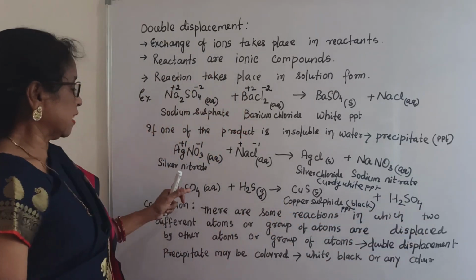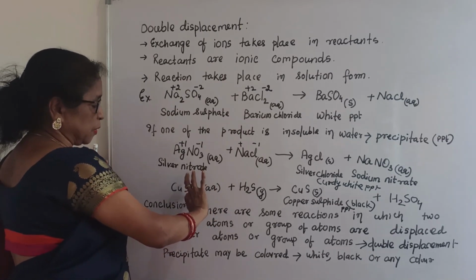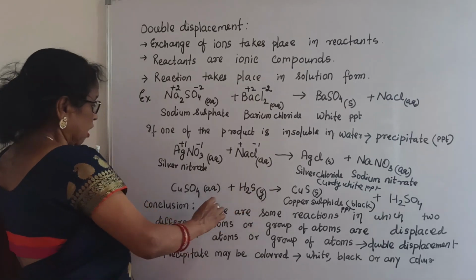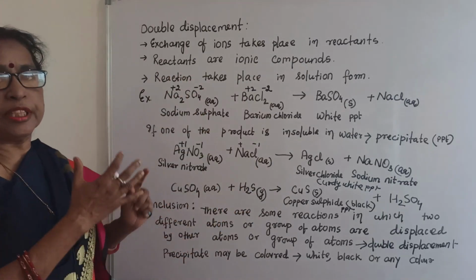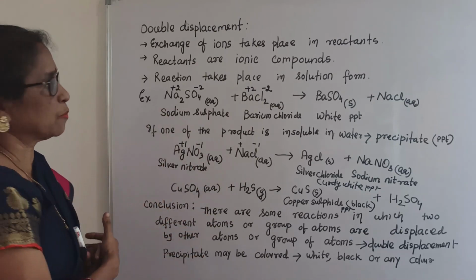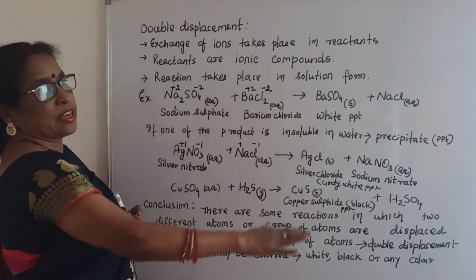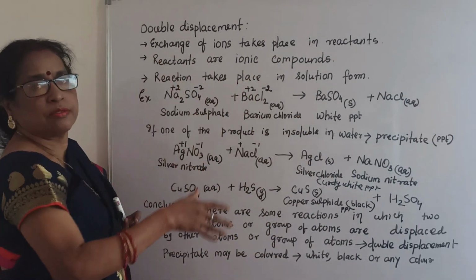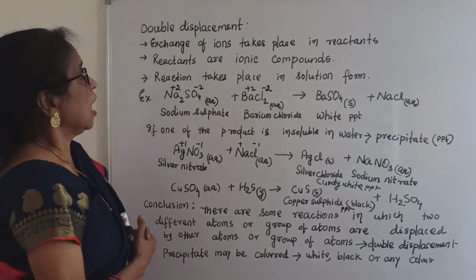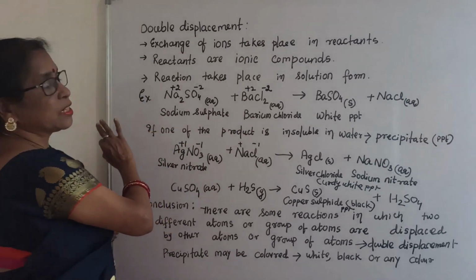So in this reaction, what happens? Ion exchange takes place between sulfate and S. S comes to here, sulfate goes to there. That means these are examples of the double displacement reaction. Indirectly I want to show what a displacement reaction is. In a displacement reaction, what are the conditions? Exchange of ions takes place, reactants are always in ionic form, and the reaction is always in solution. And the reactant must be an ionic compound; otherwise double displacement never takes place.